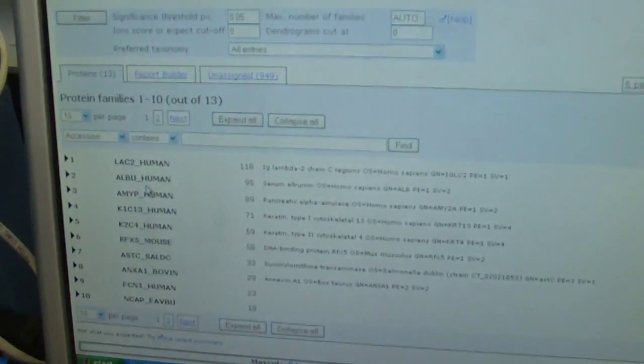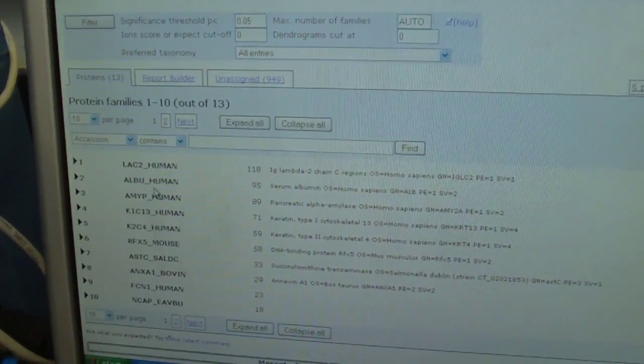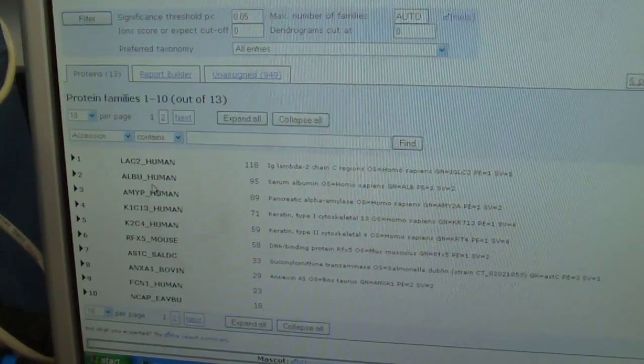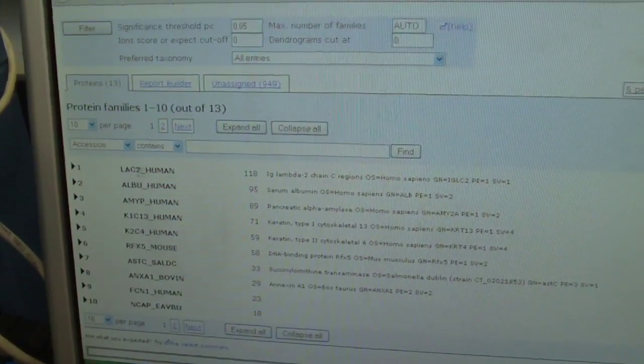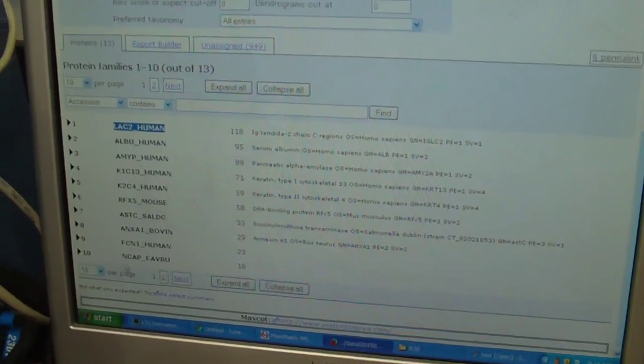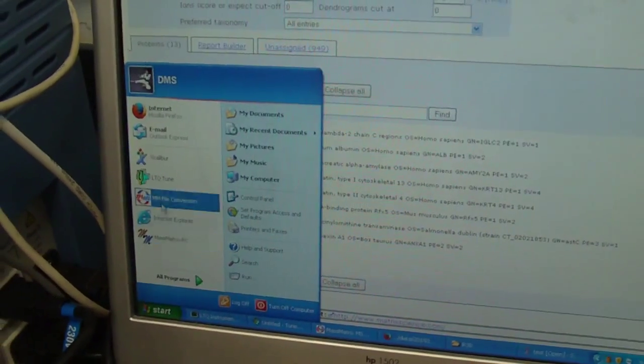So generally what we do is anything that's human we keep, and if it's under 40 and it says human, we keep it, but we remember that, oh yeah, that was under 40, it might not be legitimate. But otherwise, these are the names of the proteins here. So you have LAC2 human, you can right click and copy, and you can paste that to a, let's see,